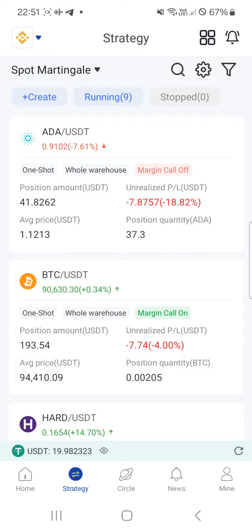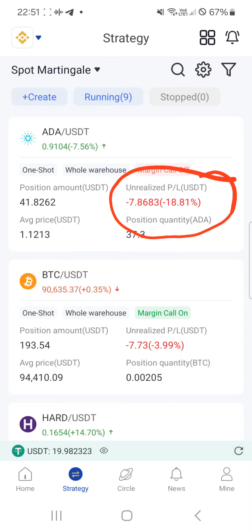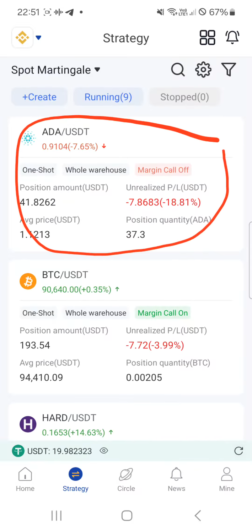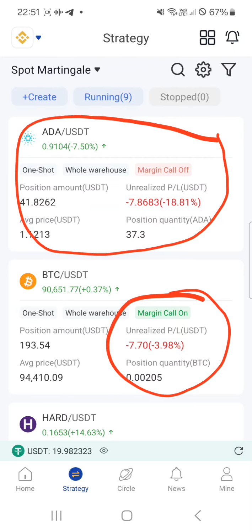So I'm just going to give you an example. For instance, if you see this trade here, ADA, which is Cardano, that I am trading right now, I specifically want to go to the floating loss section, which I have highlighted here with the red circle. I'll repeat it: this is the trade I'm going to refer to. Mainly, you don't need to look at anything else, but you can see Bitcoin, for instance, is also in floating loss,